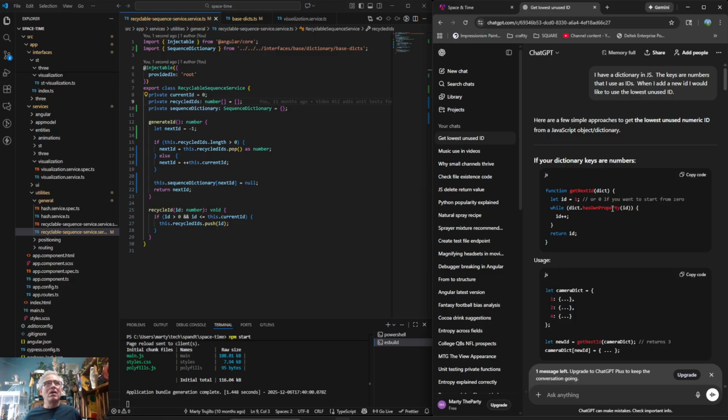What's taking so long? Oh, every time it generates an ID, it takes a tenth of a second. Because a tenth of a second basically kills an animation, right? Oh, it's going to take a whole tenth of a second to figure out what the next ID is. You're going to have a very strange